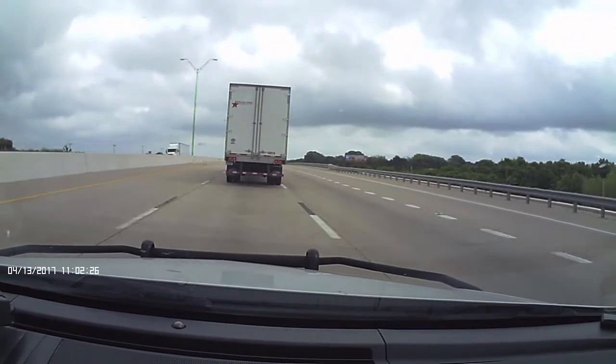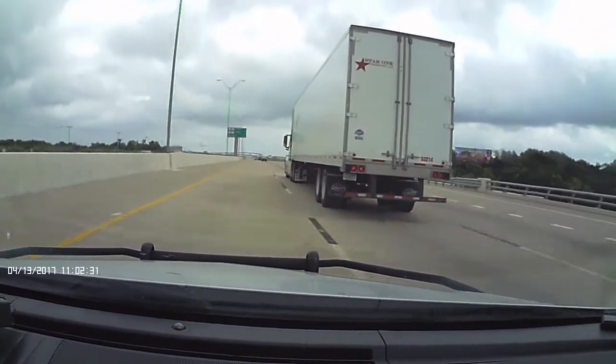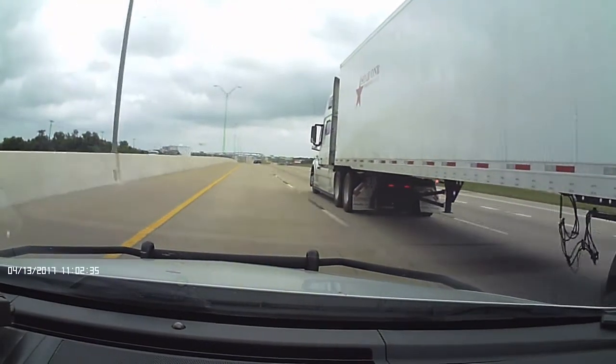whatever that was we just passed looked like somebody went 90 degrees across the freeway and into the guardrail there. Anyway,